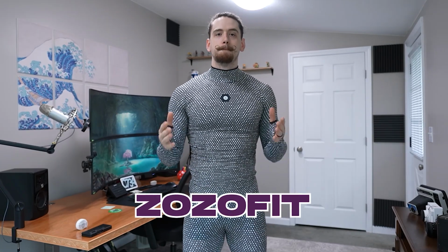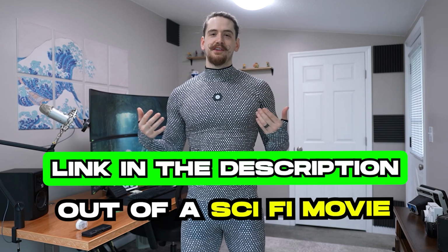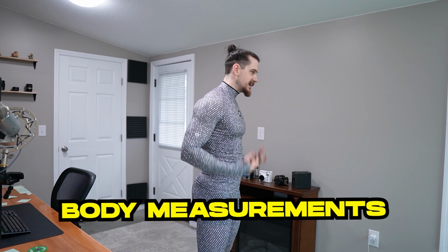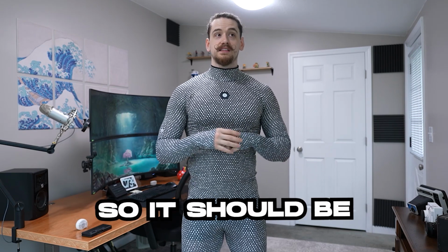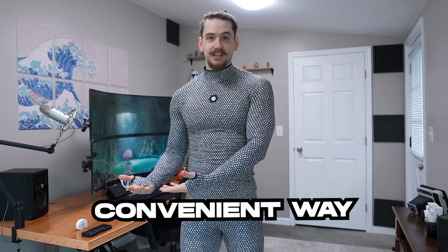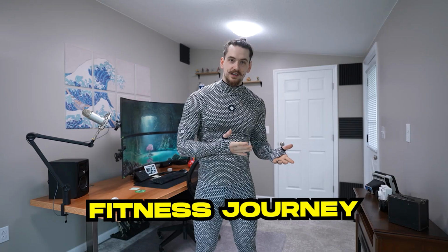Today we're going to be taking a look at the Zozo Fit body tracking suit. This thing looks like it's straight out of a sci-fi movie, but what it does is it tracks your body measurements and it also tracks your estimated body fat based off of those measurements. So it should be a nice, easy, fast, convenient way to track your progress if you're on a fitness journey,